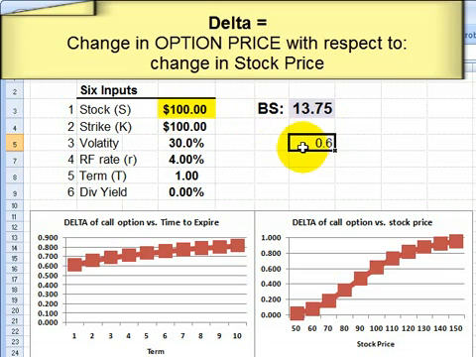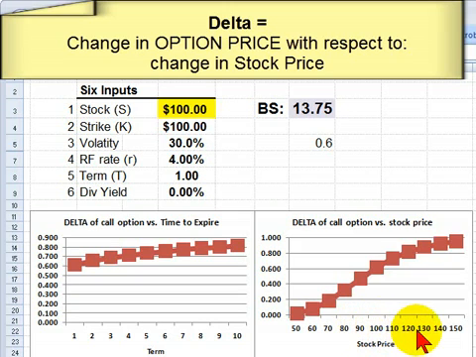So you see how delta is a sensitivity to a change in the stock price? It's the change in the option price with respect to a change in the stock price. For graphs here, I have this plot of delta versus the option life or term. So the longer the term on the option, the greater the delta, the greater its sensitivity to a change in the stock price. And here I have a plot of the delta compared to the stock price,